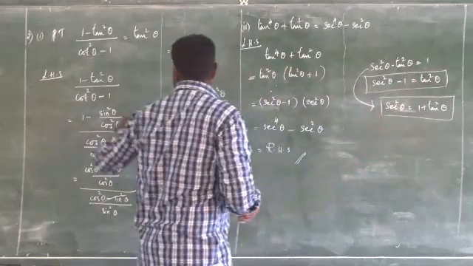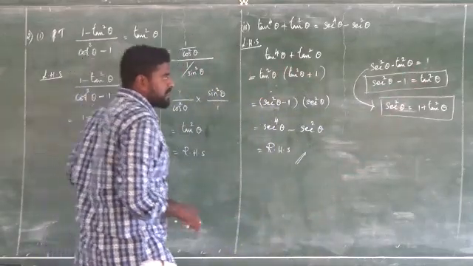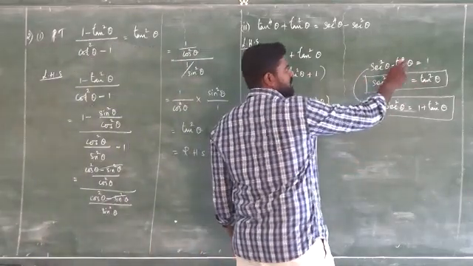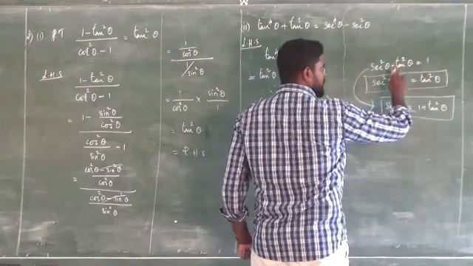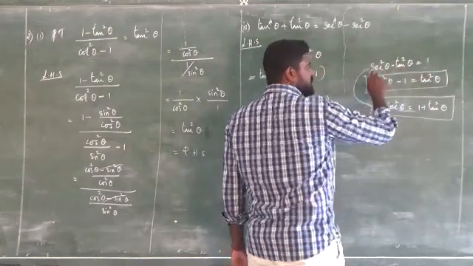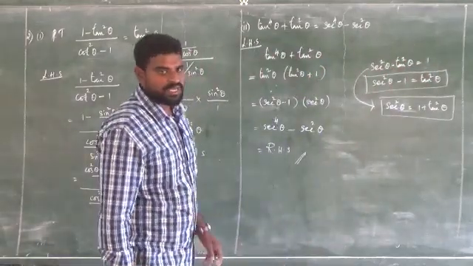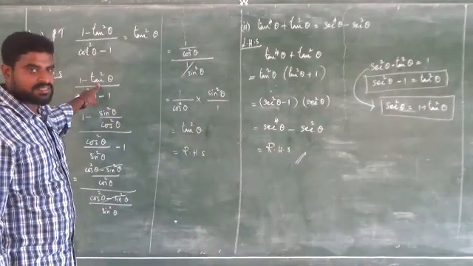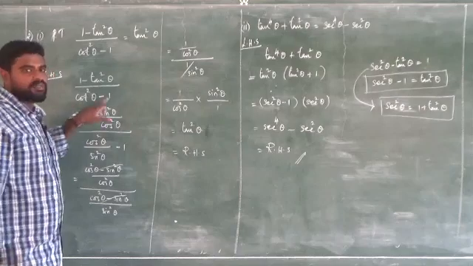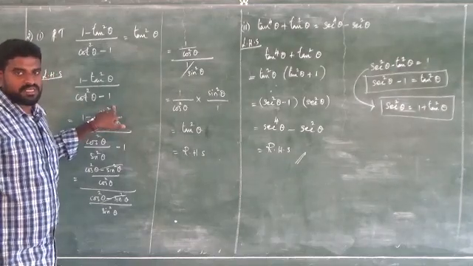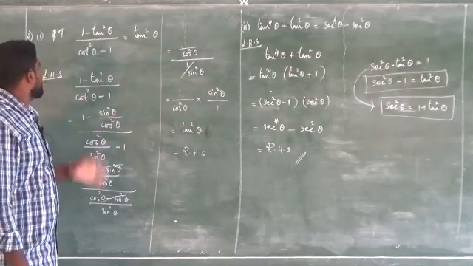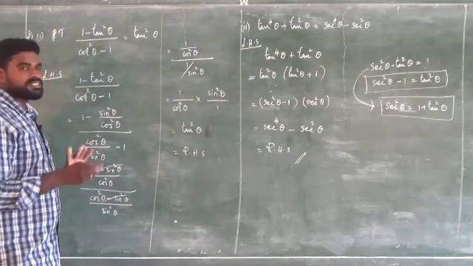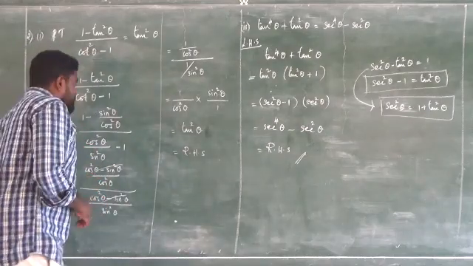So if you want to find out what 1 minus tan square theta is, the plus 1 becomes minus 1. If you take minus as common, it becomes minus secant square theta. So instead of 1 minus tan square theta, we can write minus secant square, and cot square theta minus 1 becomes minus cosecant square. In that method also you can prove this problem. Whichever is easy, you can use that method.